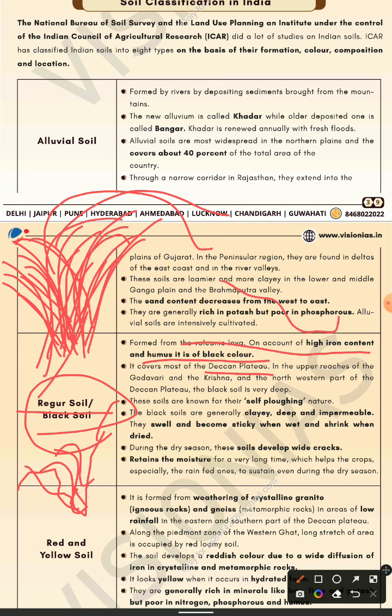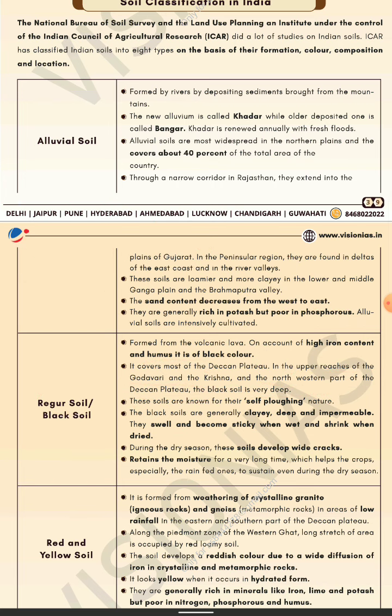This is your Deccan Plateau. Deccan Plateau is the upper reaches of the Godavari regions and the Krishna, and the northern western part of the Deccan Plateau in the black depositions. Then you have the